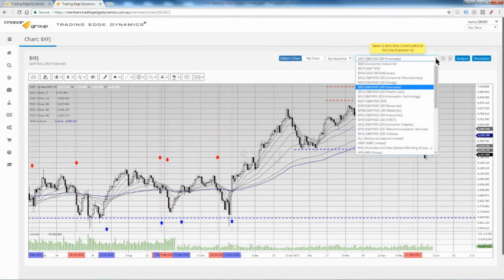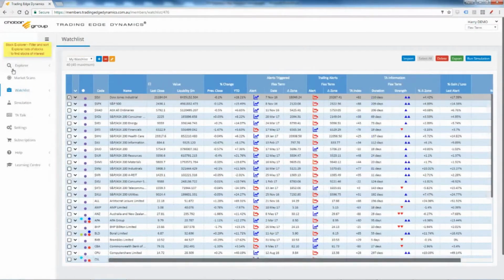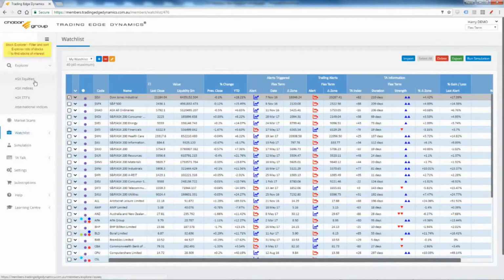Okay, so having seen the financials, I guess we've seen enough of this sector. Let me go back to our major watch list, and from here I will just take you to the Explorer, where we can search the whole market. So in Explorer we have 4 sectors: equities, indices, ETFs, and international indices. We're looking at the